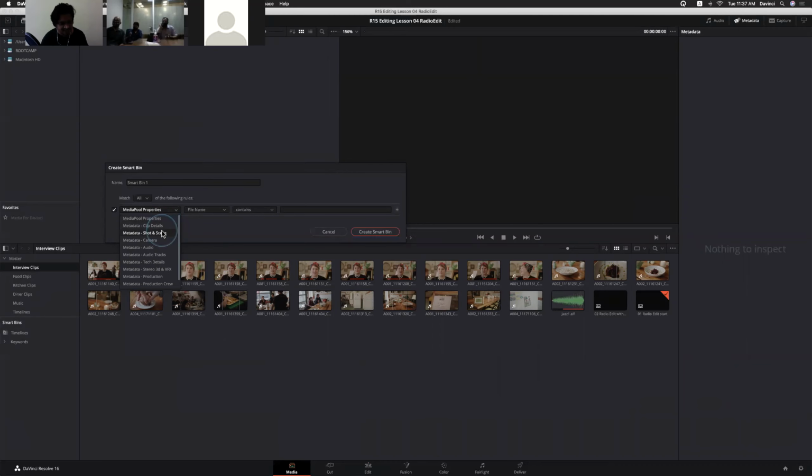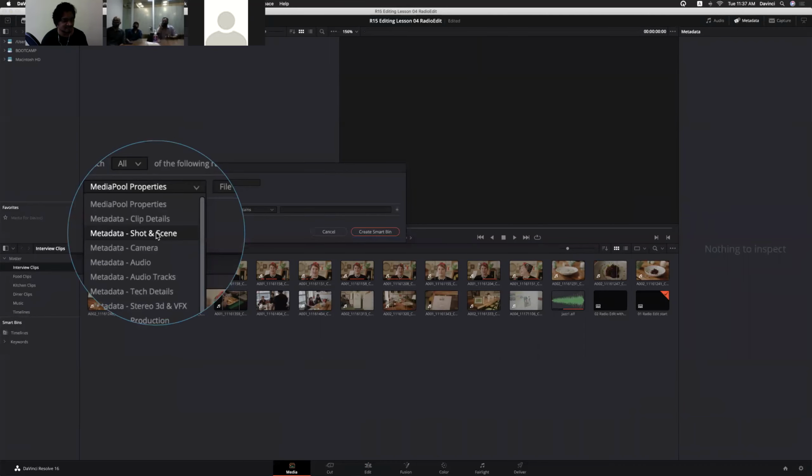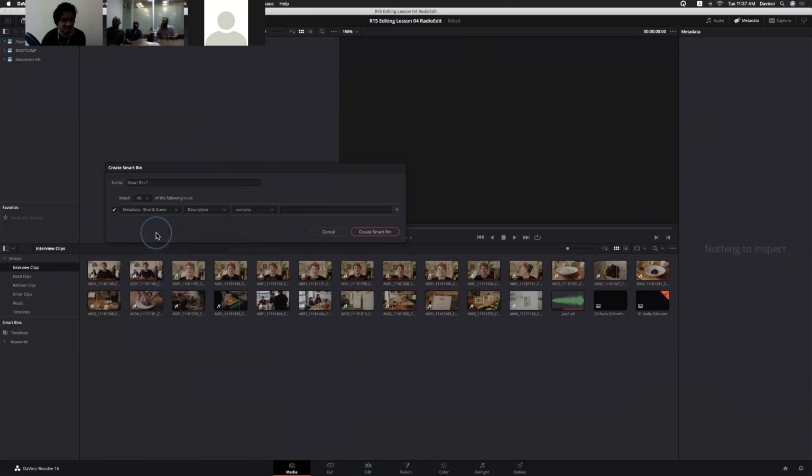So we added metadata for shot and scene, right? Click here. Within the description, you can select the people, keywords, or anything from here. Or even you can create a smart bin by using all these options.